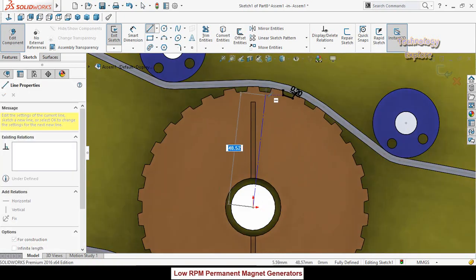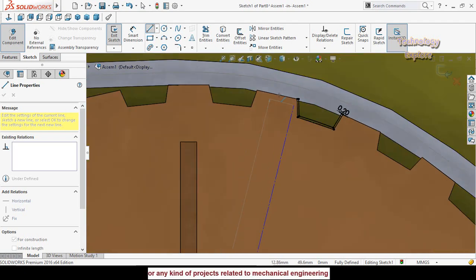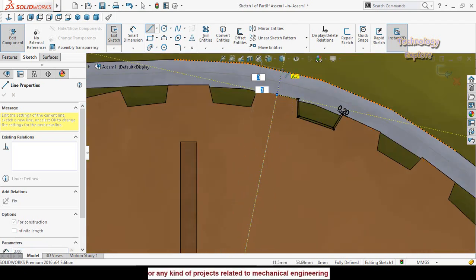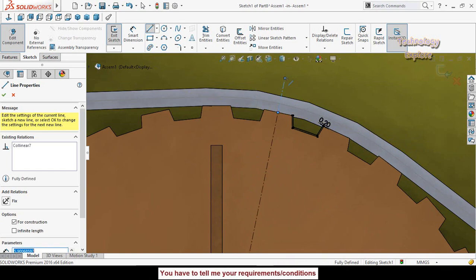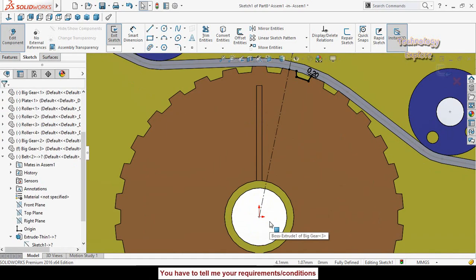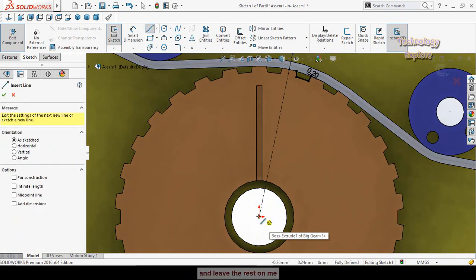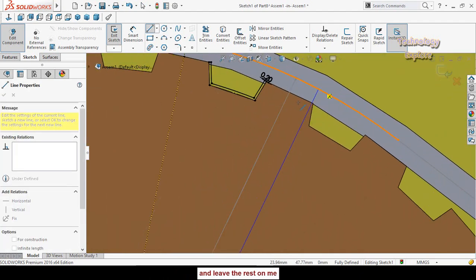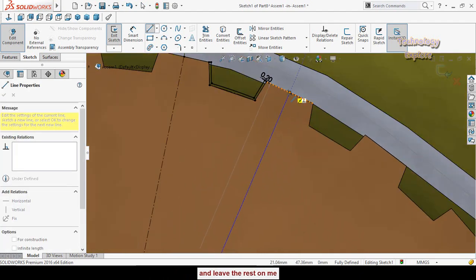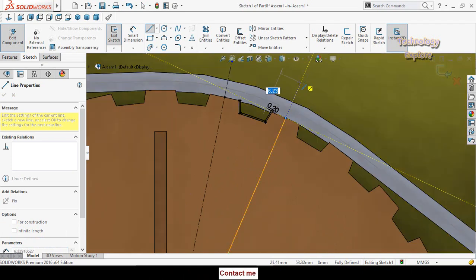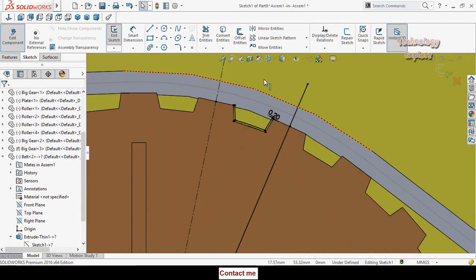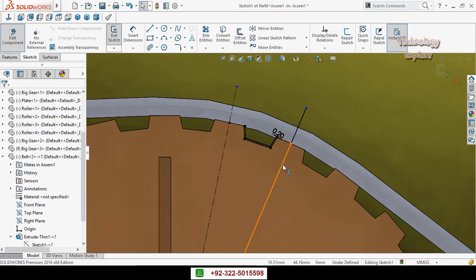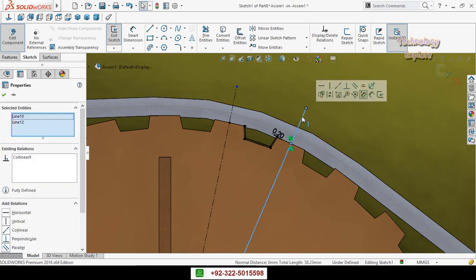Start it from the origin up to this midpoint, like this. One more center line, start it from the origin. Press the Escape button. So we have to convert this to construction geometry.